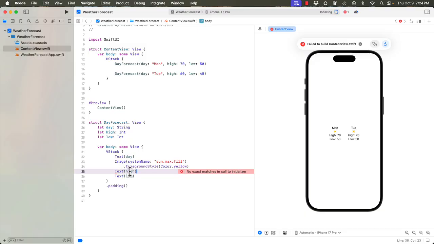The text view expects certain types of values. It does not work. It's not expecting an integer. So here you're passing in hi, which is a type of int, and it doesn't know what to do with it. So we use what we call string interpolation, and it's a nice big word that I can hardly pronounce,